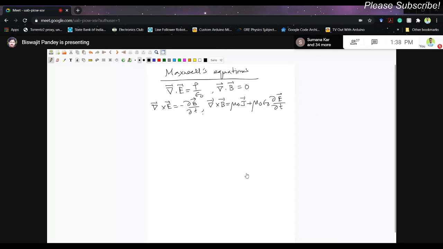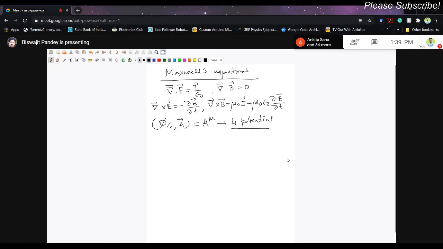We want to write down Maxwell's equations in 4 dimensions, which you have, I think, already done while writing them in tensor notation. But let me start from scratch. The first step is to write down the same set of equations, these 4 equations, in terms of the scalar potential and the vector potential. We know that phi by c and A constitute a 4-vector, A mu, which is the 4-potential. We already wrote some of the Maxwell's equations in terms of the 4-potential.